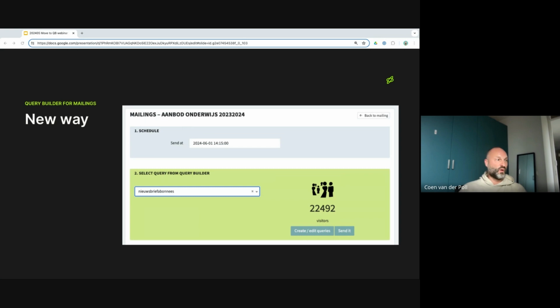This will be the new way it will look. So much simpler, no more 3 steps, only 2 steps. Schedule when you want it sent. And the second step is just select your query. That's it. And it will give you real-time feedback on how many visitors you can expect to send the mailing to,